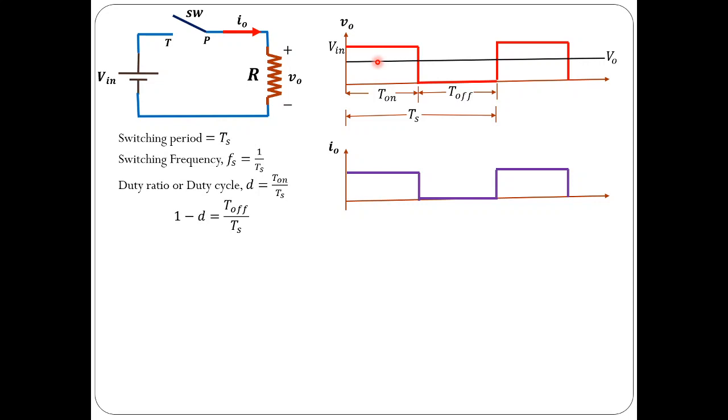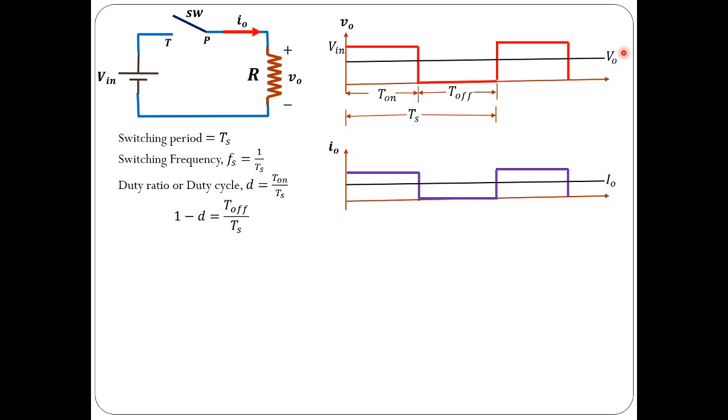If you find it, that turns out to be a positive value, and this average value is less than the input voltage. From the graph you can see that the output voltage is less than the input voltage, so this is known as a step down converter, or voltage buck converter, or simply buck converter. The average value of current is also going to be positive, and that value is equal to capital V0 by R. Please do remember this.